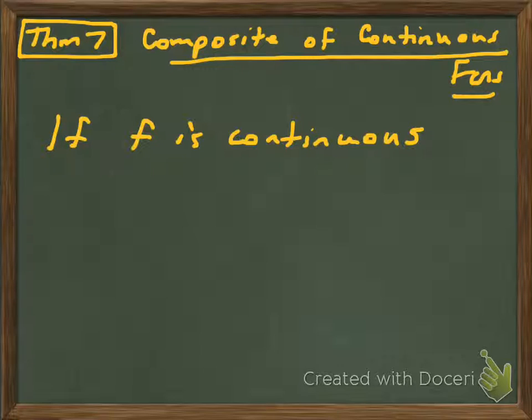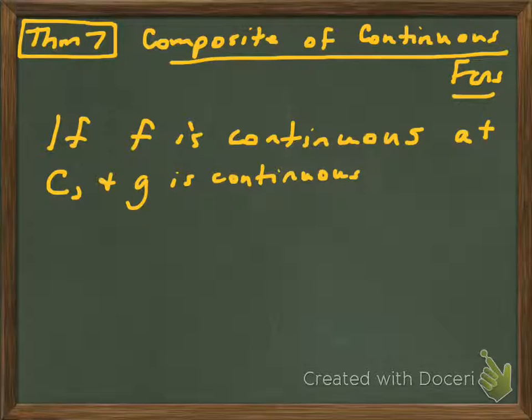I probably got some other terrible letters I didn't stop and correct, but okay. If f is continuous at c, that's not tricky, and g is continuous at f of c,